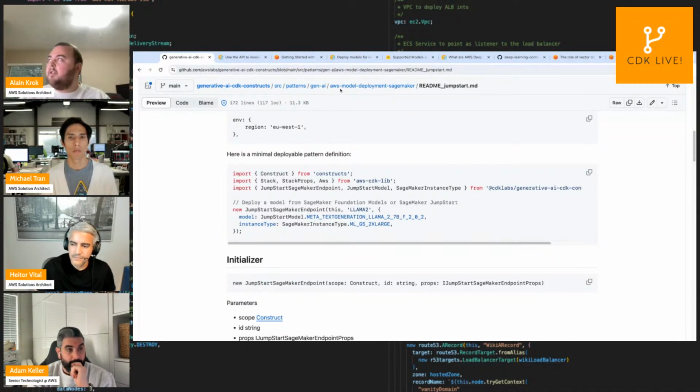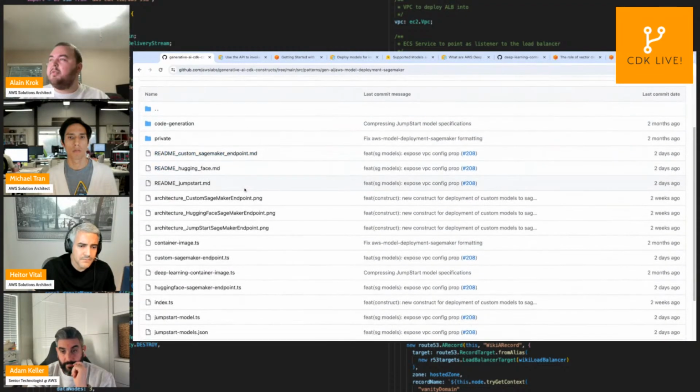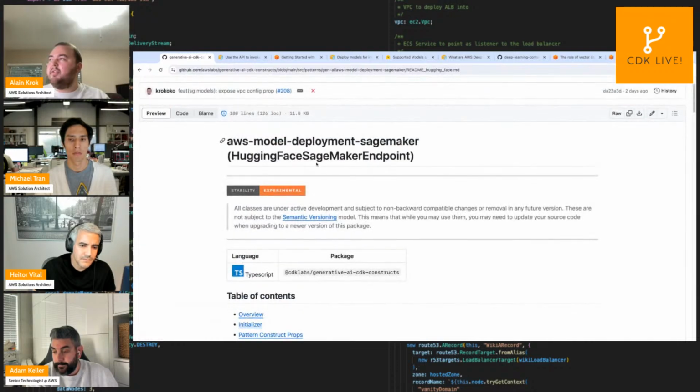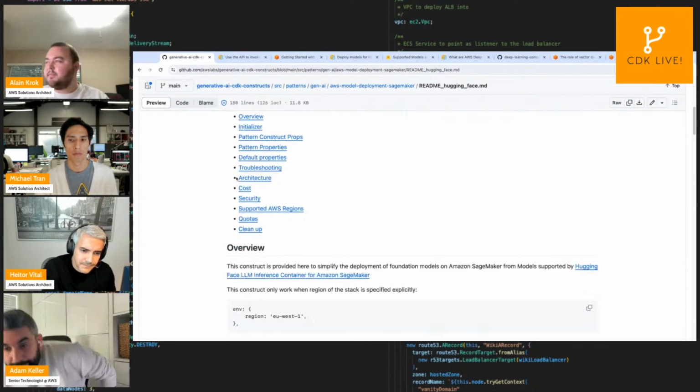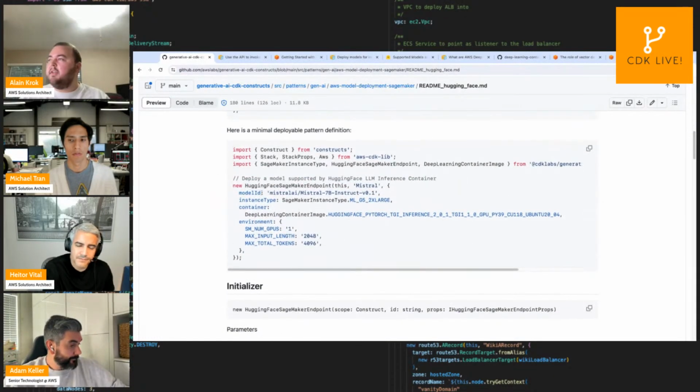Now we have another hub, if you want to use models that are not necessarily available on SageMaker JumpStart, which is Hugging Face, which has hundreds of thousands of models available. We have a construct here that is very similar, to deploy a Hugging Face model to a SageMaker endpoint. Same thing, a few lines of code. You can go to Hugging Face and select a model.